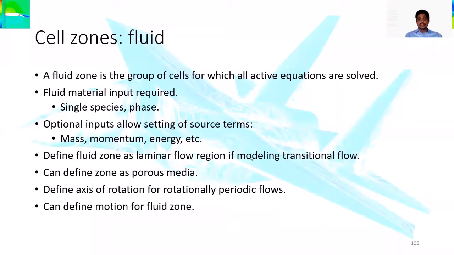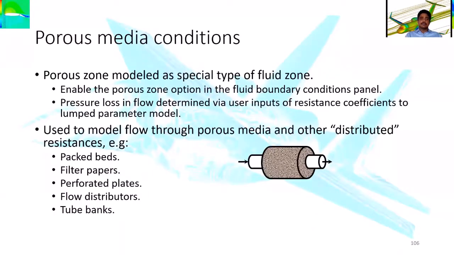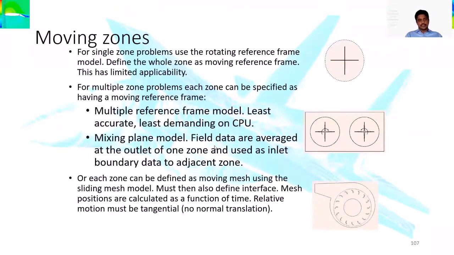Whichever fluid density we are defining, those conditions will be applied to the fluid. For that, it is either single species, multi-species, or multi-physics, where solid and air particles, or solid and water particles, are coming into that one. That can be defined under the fluid case. And in some cases it can be porous media even. That means the outside area is covered with some other material, and there it will be called a porous media.